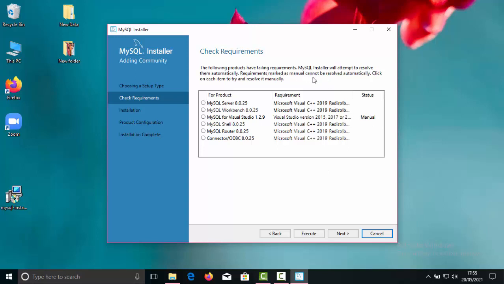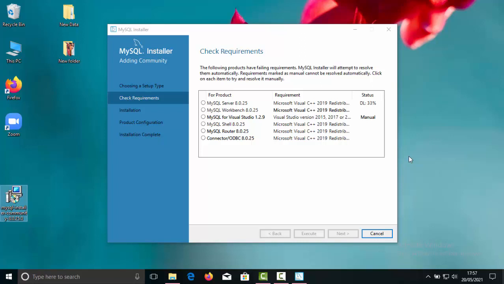So the third option, as you can see here, MySQL for Visual Studio, it is manual, right? So it is not going to automatically get installed. We have to do it manually. Since we don't need it, if I just click on this execute, all the options, that is server, workbench, shell, router and connector for ODBC, will get successfully installed.